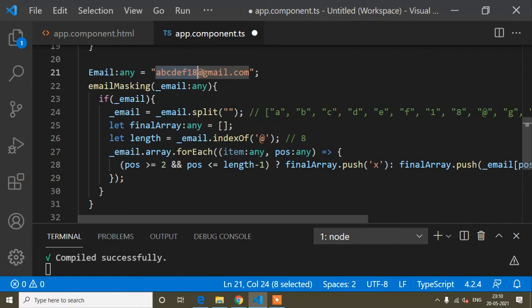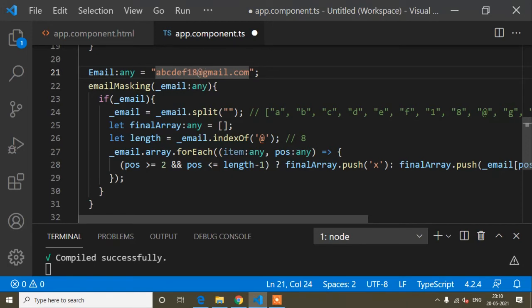Actually I miscounted; it starts from 8, as I showed here, that is number 8 position. And length minus 1 means it will return this value, the last value before the @.